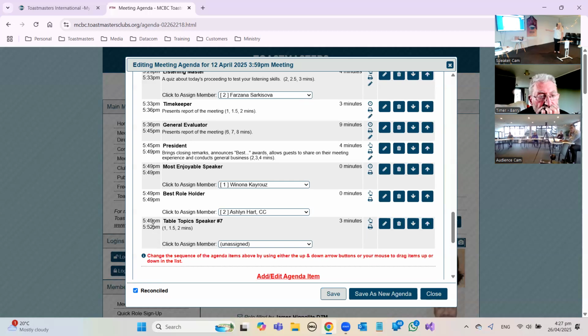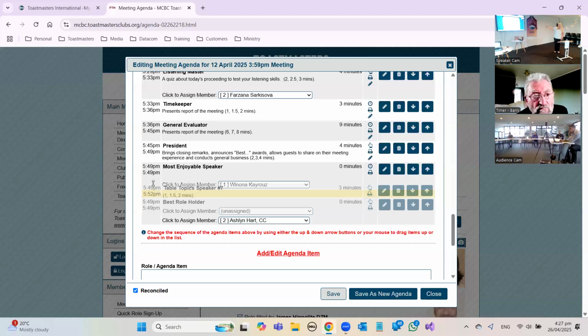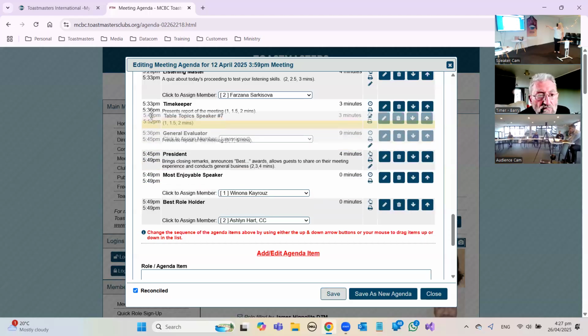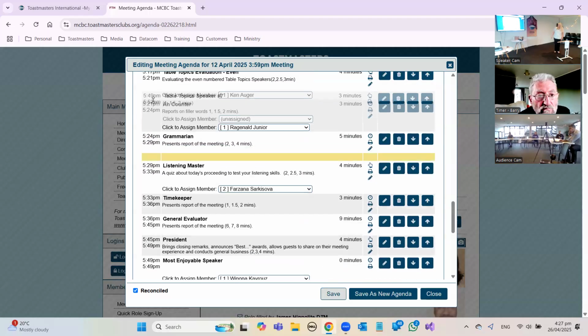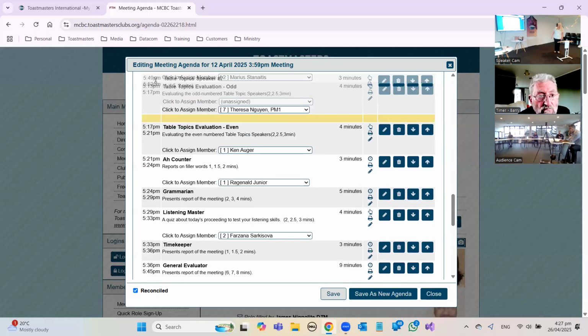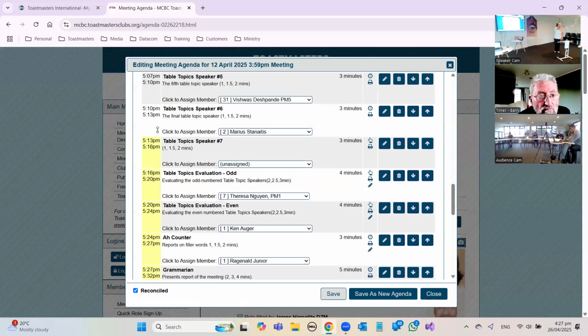You saved it. Now, obviously it's not in the right place now, is it? To move an agenda item, you use the arrow keys. In this case, we want to move it up to being after table topic speaker 6, so 7 comes after that. Now, if you close the agenda,